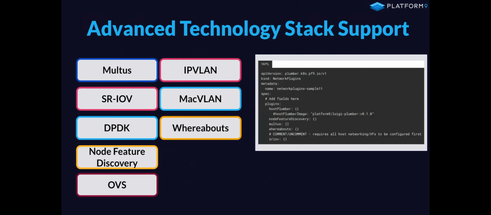So we talk about Luigi providing the capabilities to deploy these advanced technology stack supports. And I've brought it up a couple of times: what are those things? What do we support out of the box? Well, if we're talking about something like Multus, you need this to create a multi-home pod that has multiple interfaces. In the case of Whereabouts, for instance, it's IPAM. So if you need Whereabouts or IPAM capabilities, you're going to need to deploy Luigi to be able to make that available. And it's easy to do from a centralized networking management function.